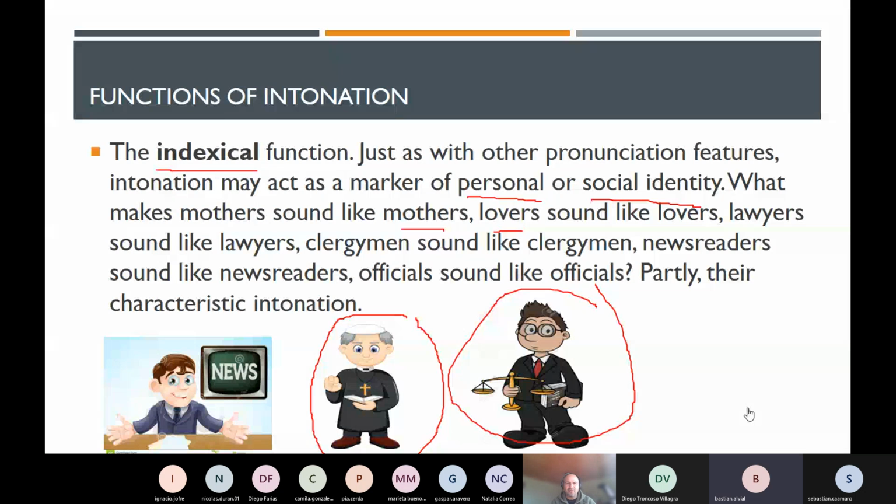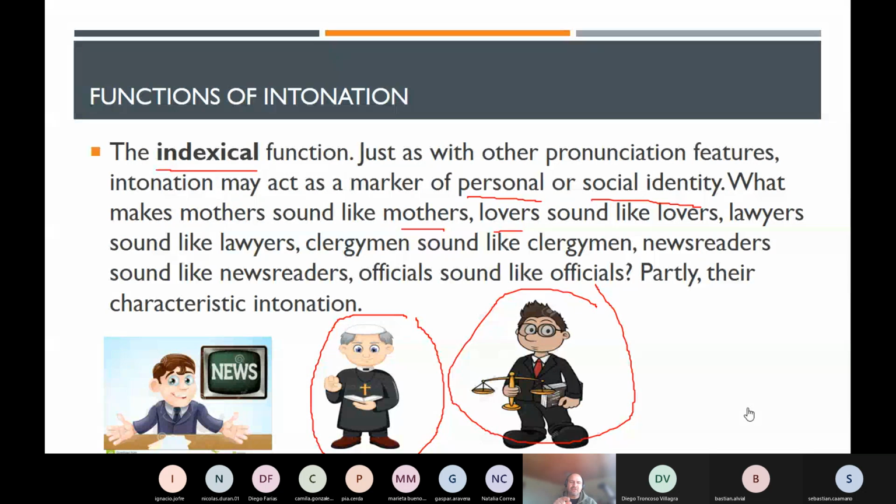Okay, first I'm going to answer the question that you are asking, connected with what we're dealing with now, the indexical function. And then I'm going to answer the question connected with the good or bad quality of the English. All right. So, a hip hop singer or a rap singer is a perfect example for this function of intonation, because